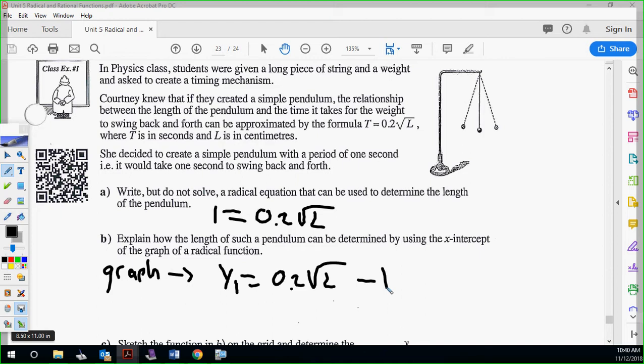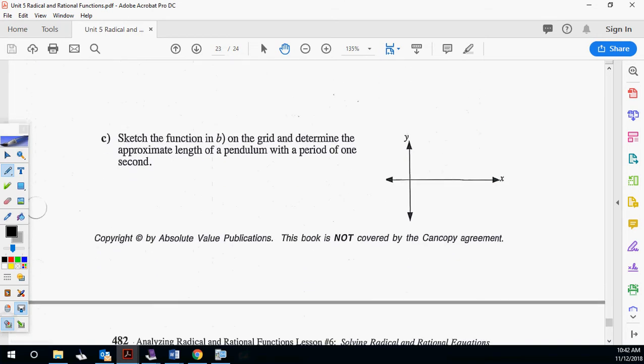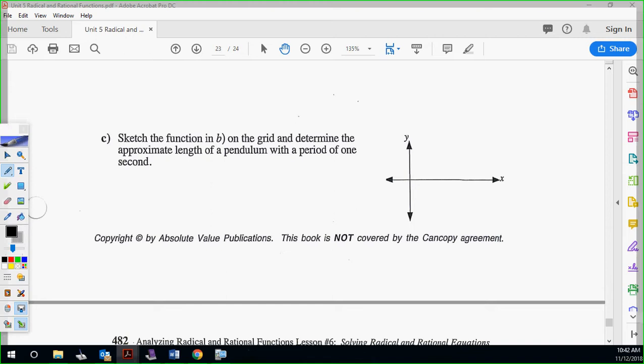Okay, and then it wants you to solve. It also wants us to sketch it, so I'm going to move down here in a second. This is pretty basic for how wordy it looks. It's not very difficult. So it wants us to sketch it. The sketch would look something like this if you do the y1 we talked about. If you put this into y1, you might have to make your x max a little bigger. But if you have the 0.2 times square root x minus 1,